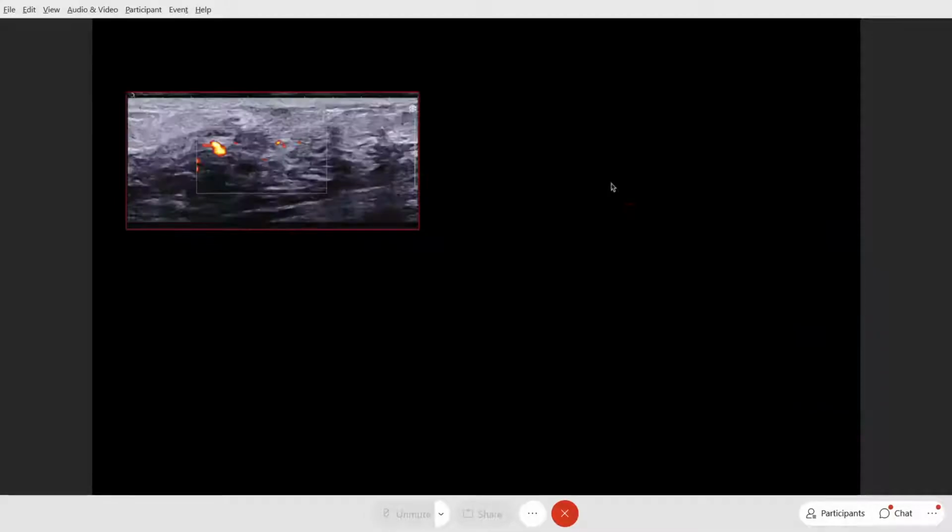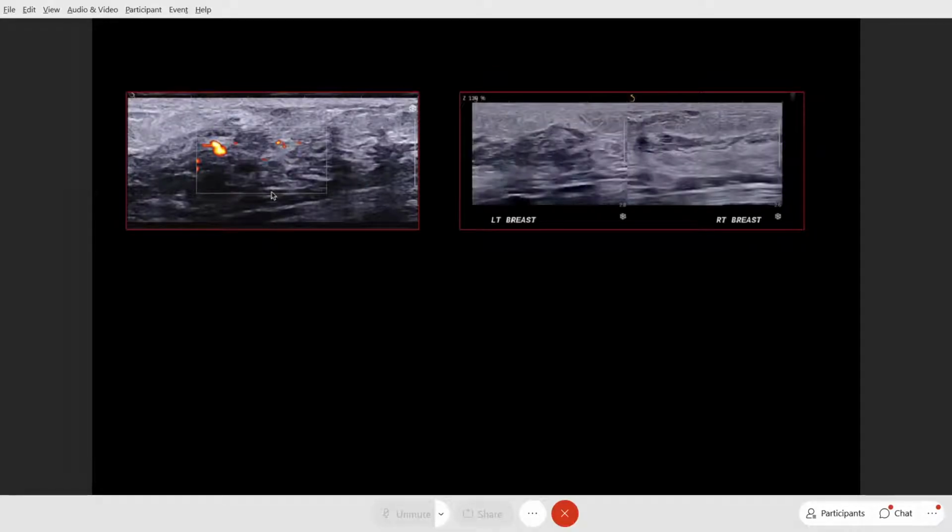But when I did an ultrasound of the adjacent tissue, I found something definitely abnormal. I'm not able to characterize this something abnormal, so I compared the opposite side. So this is the same site on the opposite side, ultrasound. Now I'm pretty sure that what I felt was really abnormal, and it is not something I'm imagining.